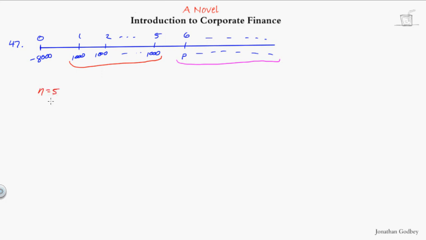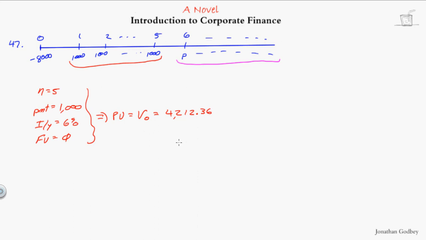N is equal to 5. Payment is equal to 1,000. Interest rate is equal to 6%. Future value is equal to 0 because there's no additional payment in year 0. Plug that in, press the present value key. That in fact is the value at time 0, and that number should be equal to $4,212.36. So if you're willing to pay $4,212.36 for the $1,000 cash flows,